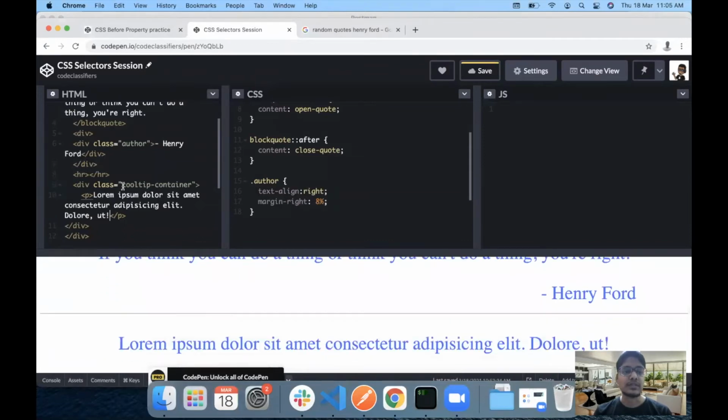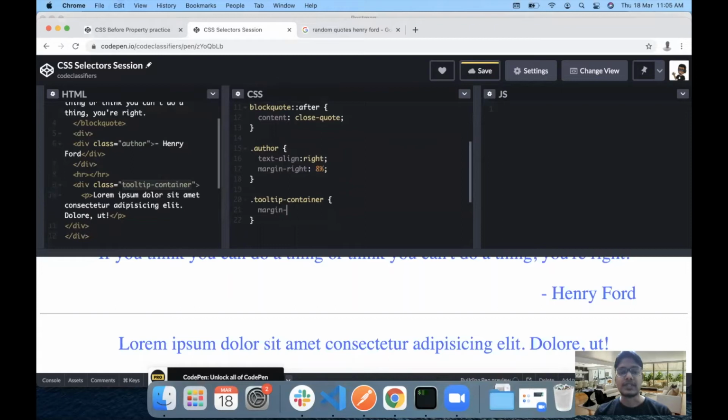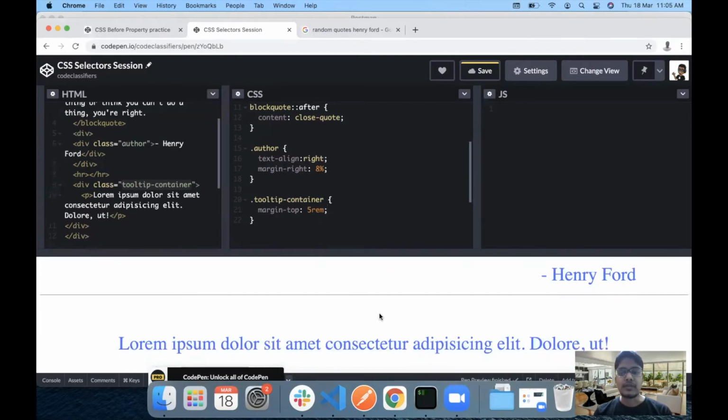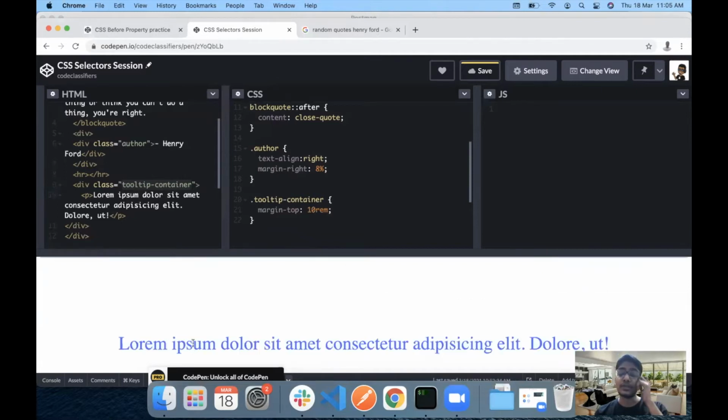Now once you have this kind of text, I think it is not visible. So what we can do is add some margin in this tooltip container, so that just the text which we are focusing on gets visible. So I'm going to add a 5rem top margin, and we are going to focus on this. So I don't know, 10. Yeah, this is much better. Now we are able to focus only on our text which is used in the current session.